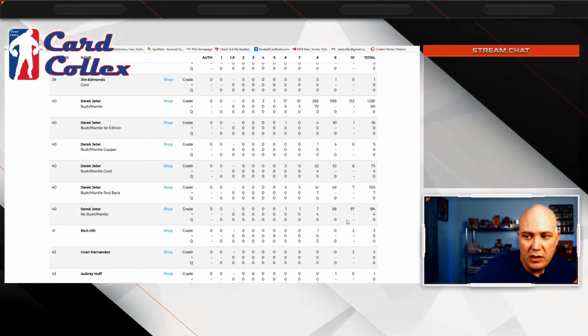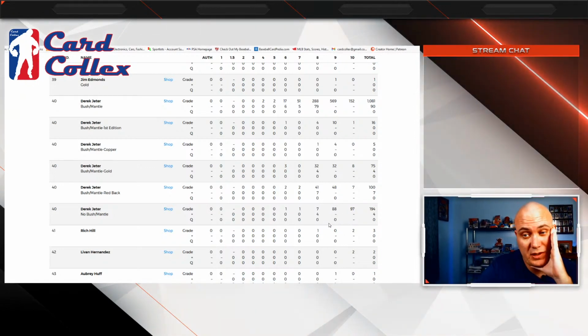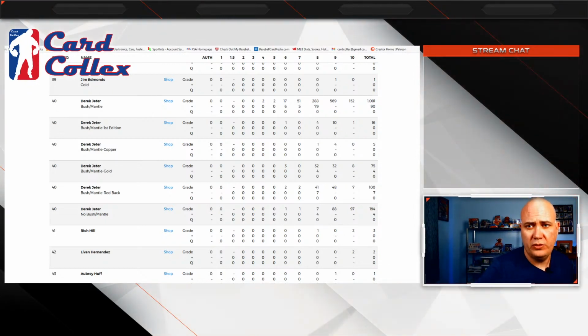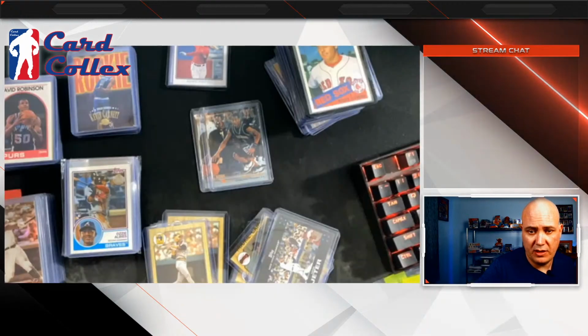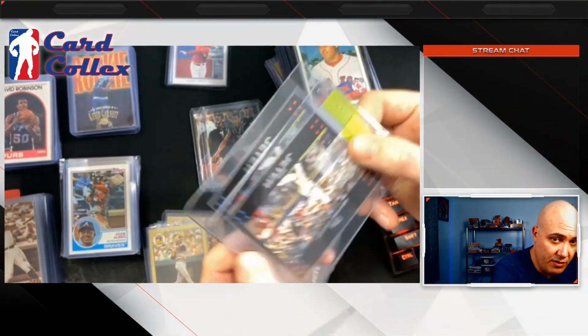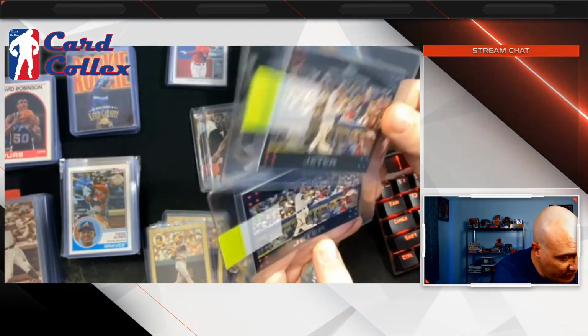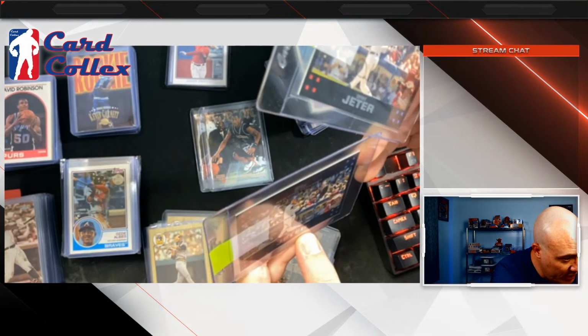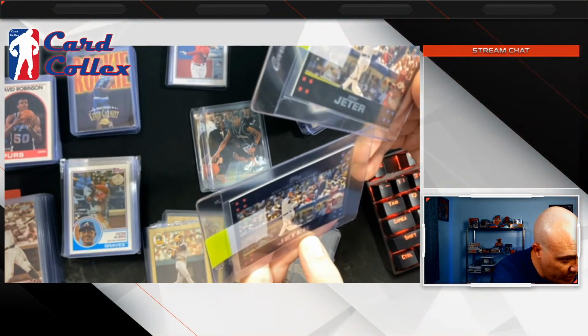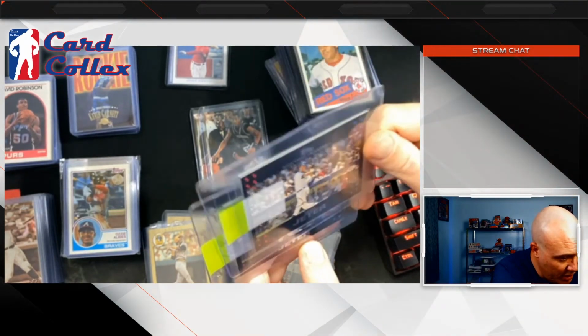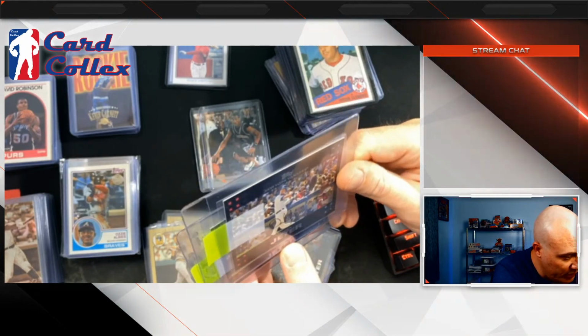And then once I start sending stuff out, every month I'm going to send some out, but I'm just kind of waiting to send everything off. It's just one of those things, like you keep coming up with stuff that you want to send out. I just got to start. So I've got 2 that I was going to send out for grading. The centering on both of them is really good.